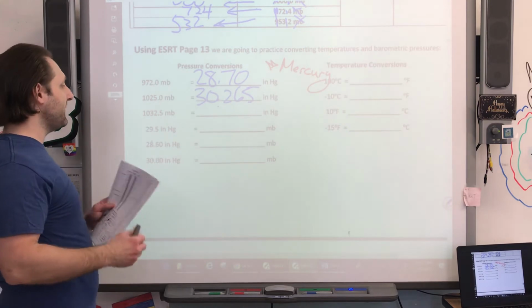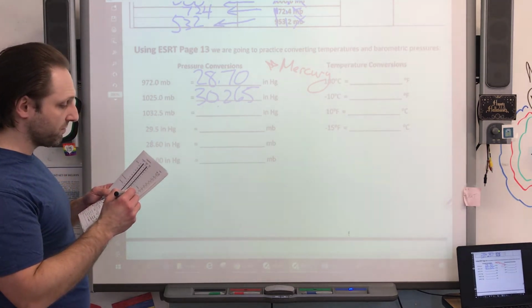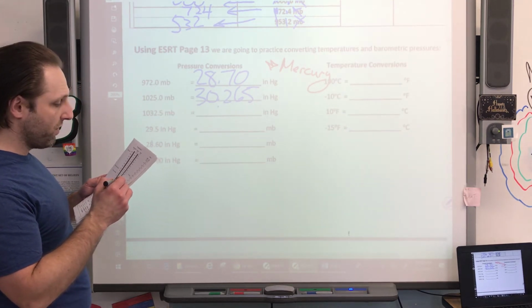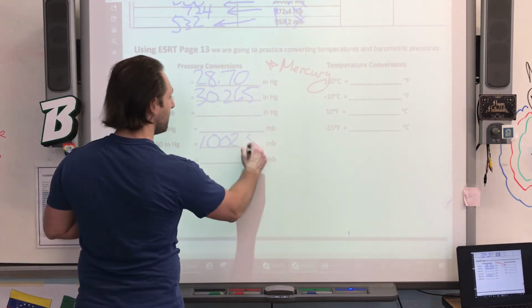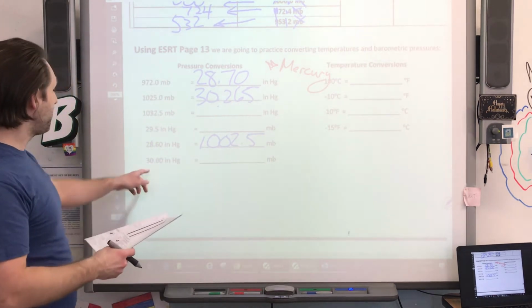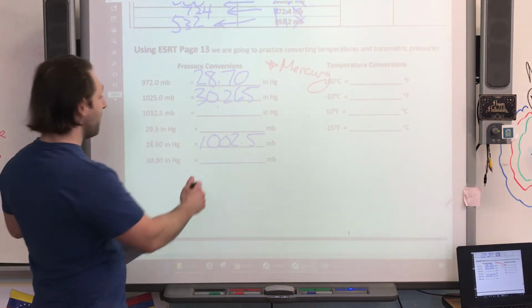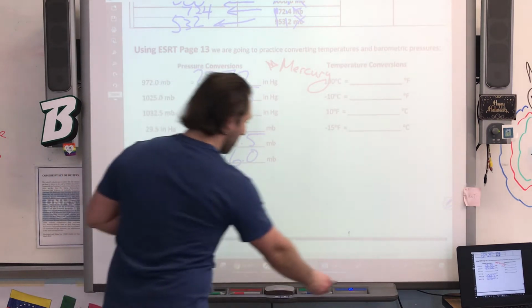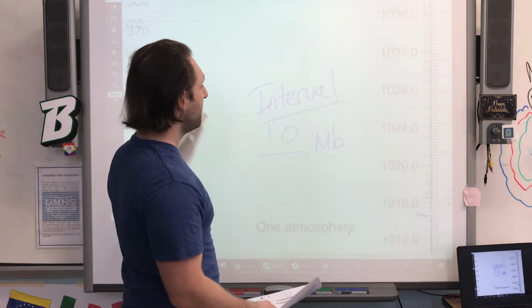So 28.60 inches of mercury, and we're finding millibars. So it looks to me like it's 1002.5 millibars. 30 on the dot. So 30 on the dot is 1,016.0 millibars. One thing I do want to point out to you all on this scale is that you've been